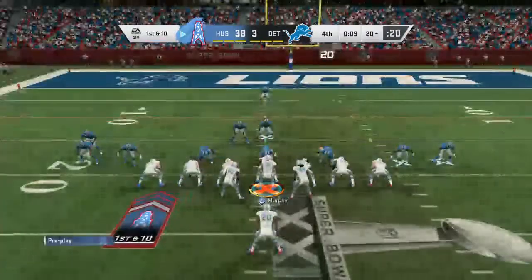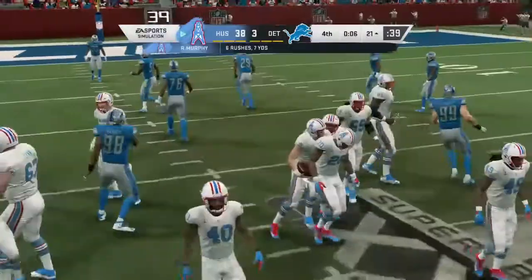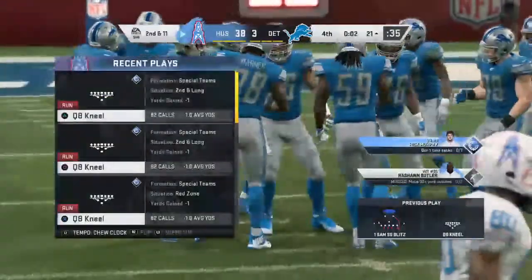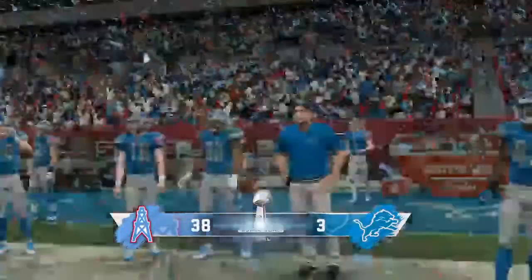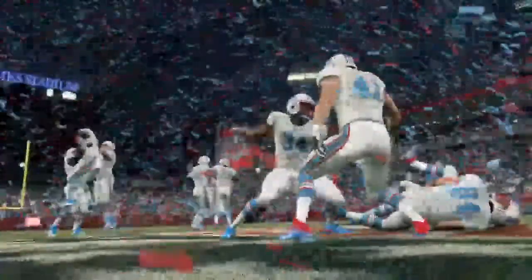And it was their defense that led the way, allowing just 3 points, that lone field goal in the entire second half. And remember the old adage, offense sells tickets. Defense does what? Wins championships. And in this game, maybe a championship wasn't won. Went out there with that determination and a pretty good game plan. Pretty good idea of what they wanted to accomplish. Just love the execution, love the tenacity, love the way they...